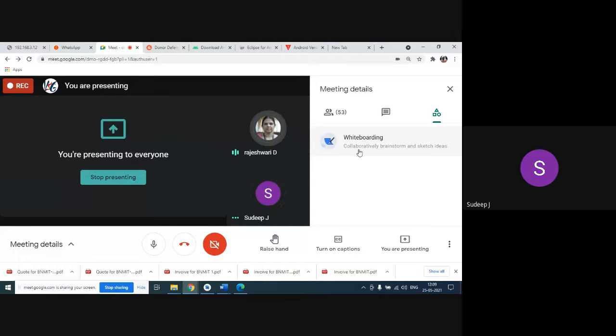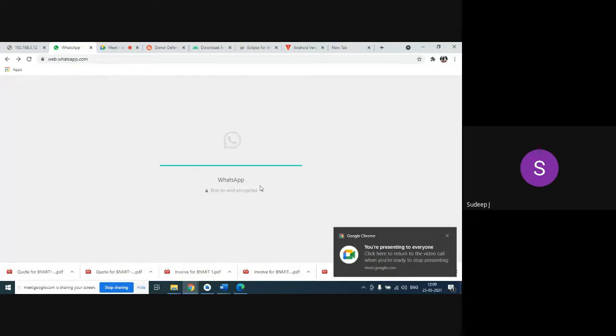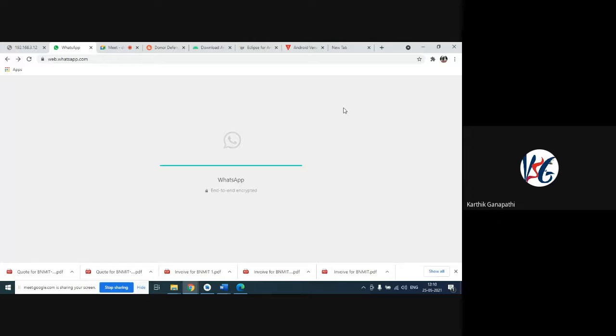No, the chat option, it's not possible, I guess. It is not possible to share the APK, but I can give you this APK file on your WhatsApp. Sudeep sir, I can share this content to your WhatsApp. Sure, sir, you can share it to me. I'll put it across to the students group. Yes, sir, I'll just share it now itself.